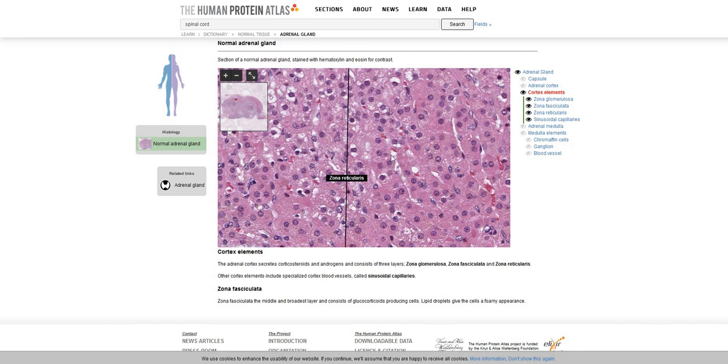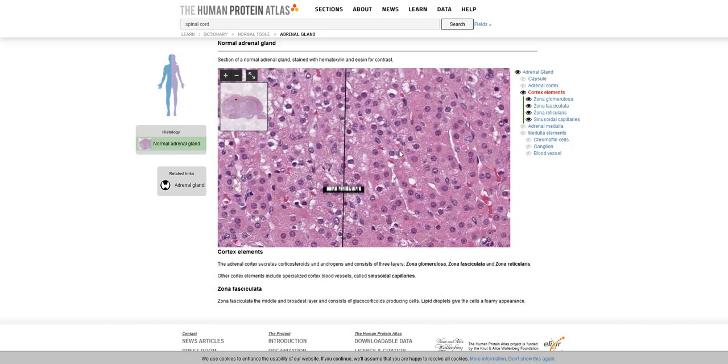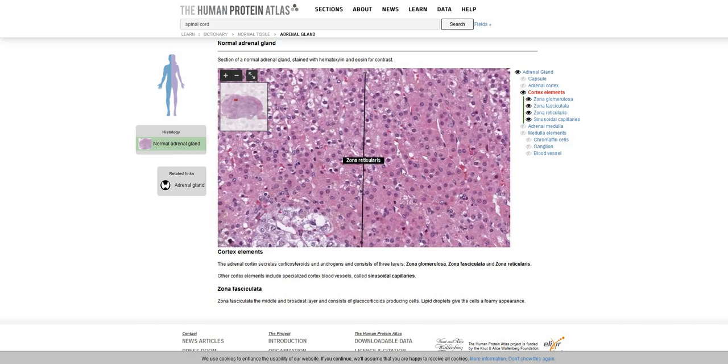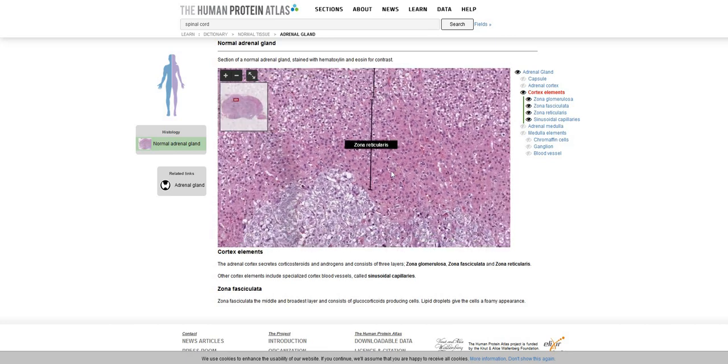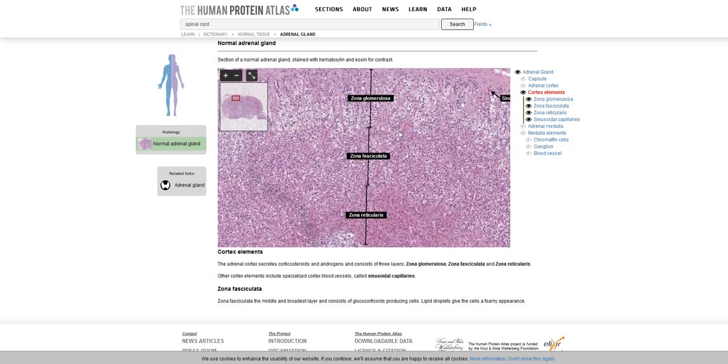This is even darker, so we're heading towards a dark pink, dark purple stain with the zona reticularis, and the cells are a little more clustered together. And pattern-wise, we don't really see a pattern here. They're kind of scattered more randomly throughout this zone. So as we zoom out,